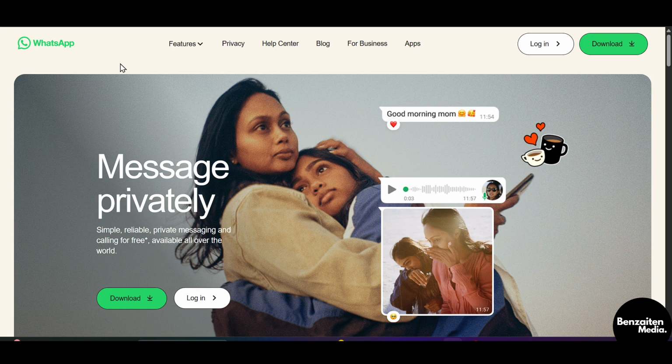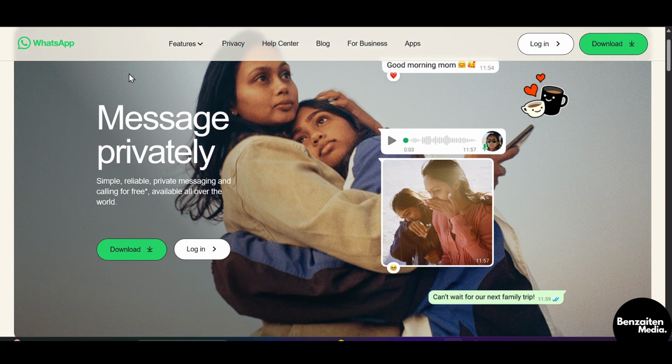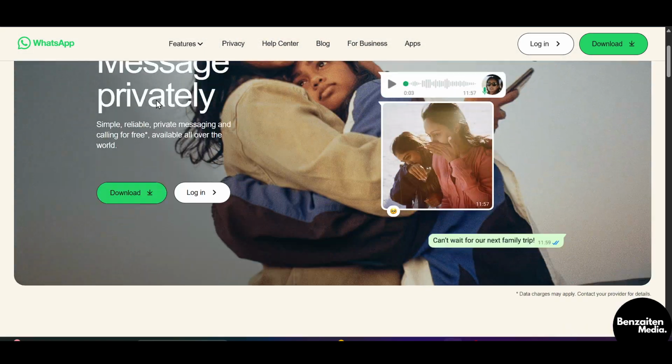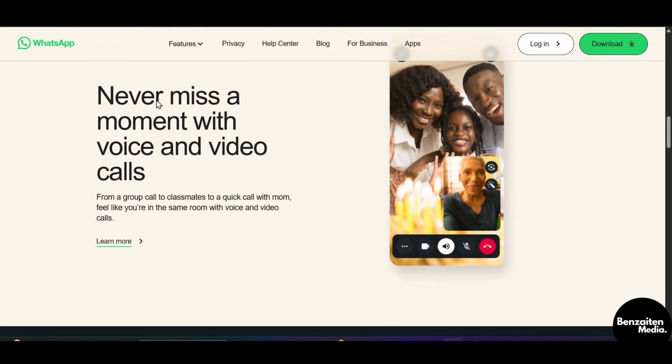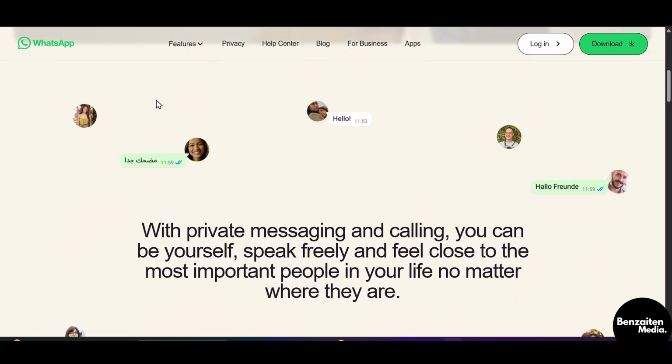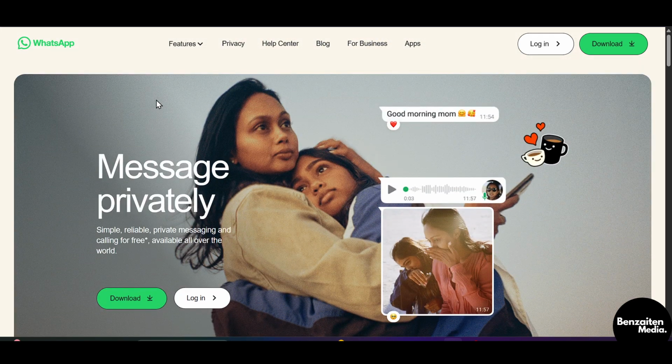So in this video, I'm going to show you how to see channels info on WhatsApp Web on PC in the new update. So first you need to head over to the WhatsApp Web website and then you need to log in with your WhatsApp account. And after that, when you will be redirected to the homepage of WhatsApp,